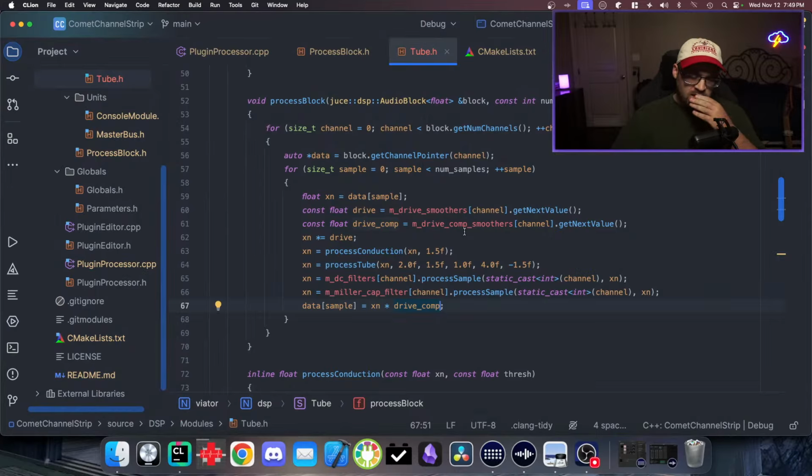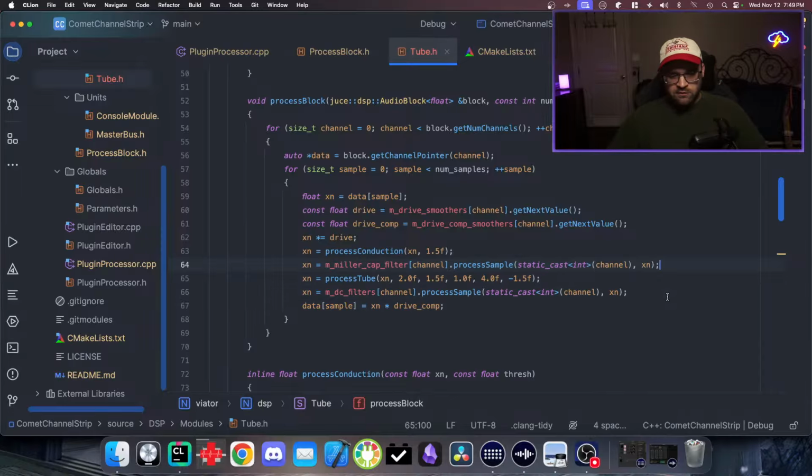No, I don't know why he puts the cap after. Putting it after will bring the high end down no matter what. Usually you would put it before so that less high end frequencies are distorted, and the actual distortion brings more high frequencies in, so it kind of cleans that up. Because making it darker at like 10,000 hertz only really makes sense musically for like a guitar signal going into an amp. But if you want to use this as like a console kind of thing, it might not make sense. I'm gonna put it before the tube and just see what it sounds like,